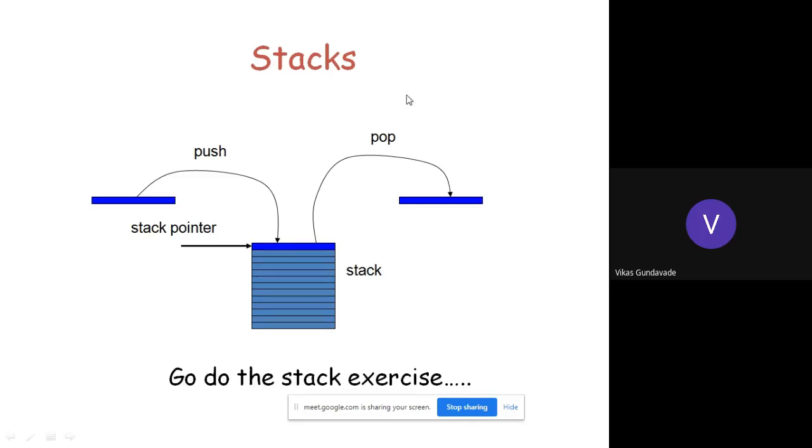So if the pop instruction is getting executed, then the data which is pointed by the stack pointer will get first retrieved or taken back, then the stack pointer will get decremented, again the next data will get taken out, then the stack pointer will get decremented. Okay. Now see the difference between push and pop.